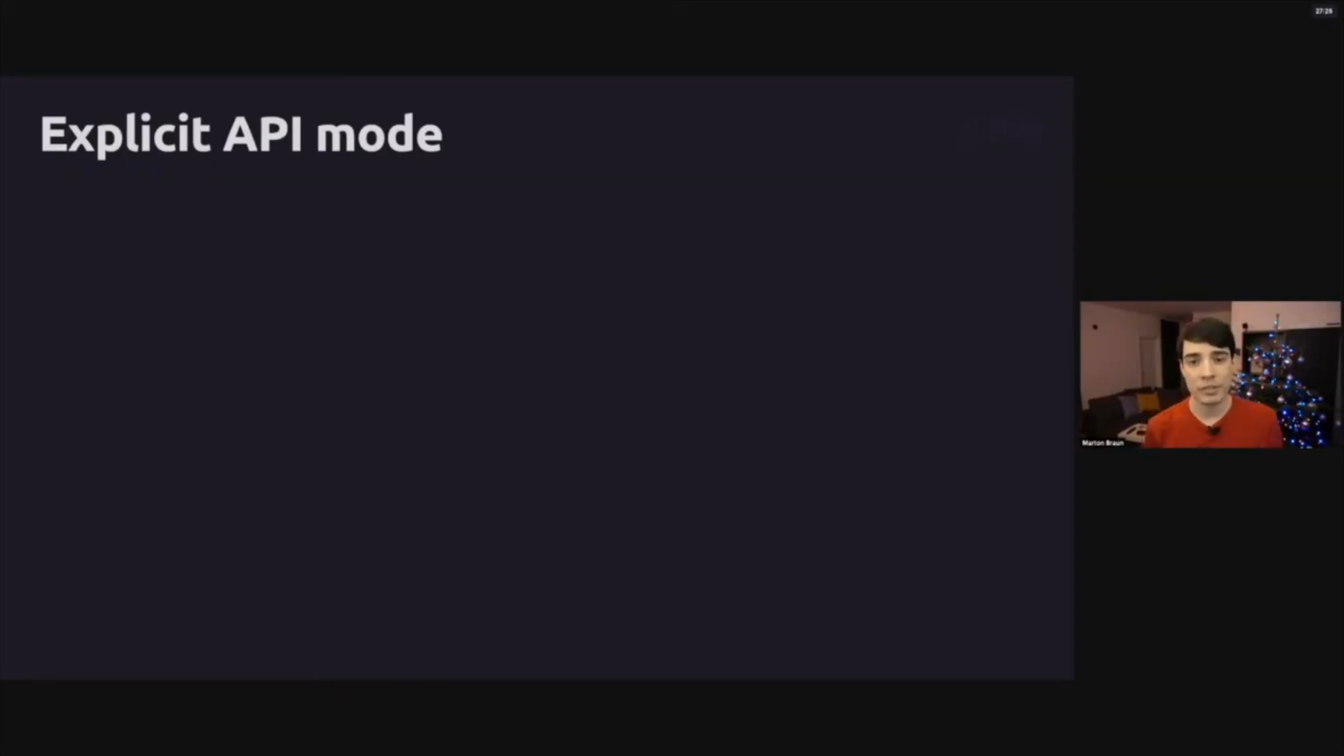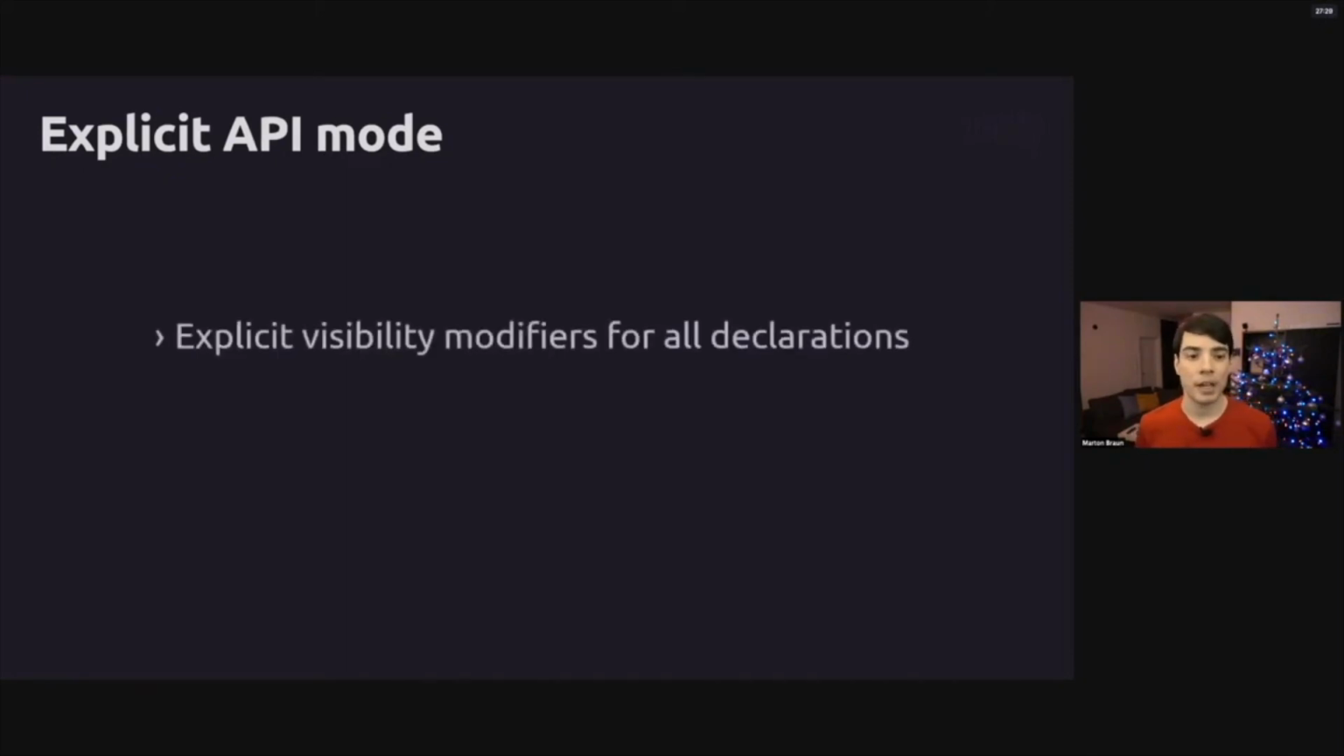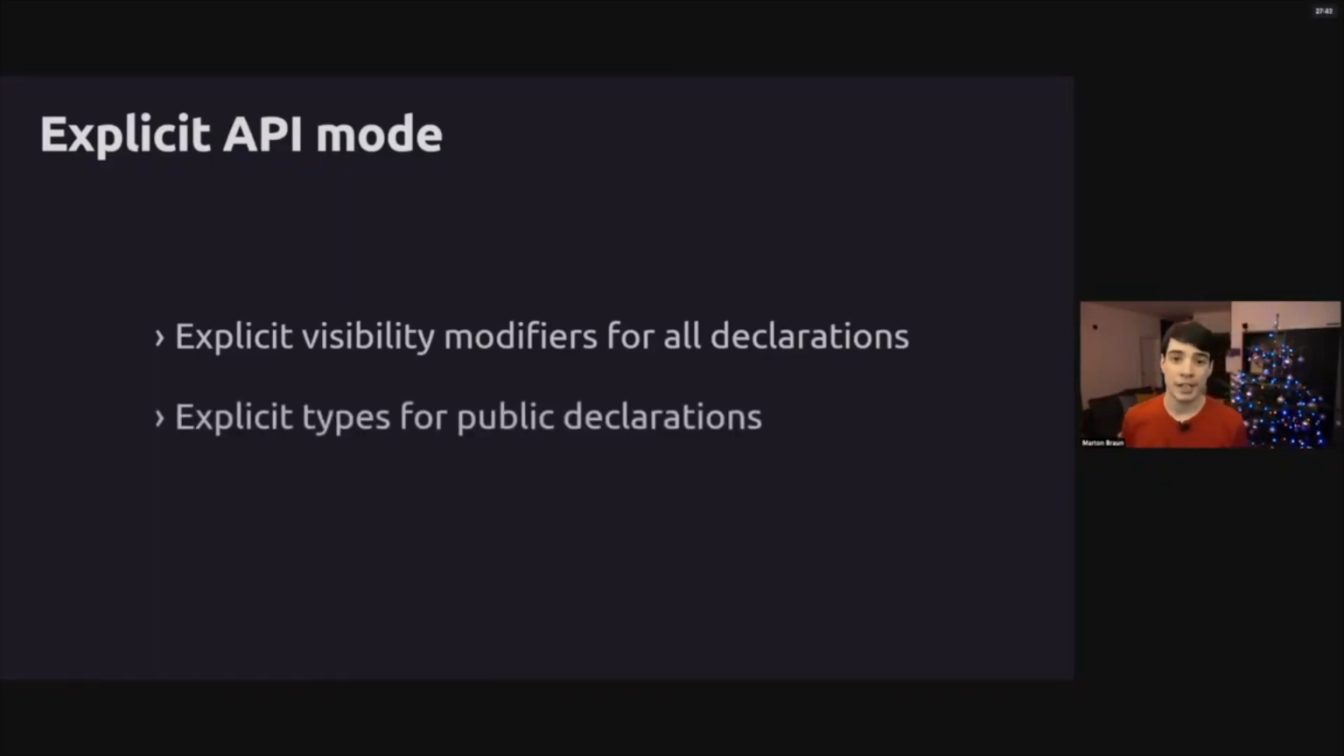It's a new language feature from Kotlin 1.4, and it enforces two rules. One of them is that you're going to have to add explicit visibility modifiers for all of your declarations. So you're going to have to make the decision about whether it should be public, internal, or whatever else. And you're also going to have to add explicit types for all of your public declarations. We're going to look at both of these rules, but first, let's take a look at how you can enable